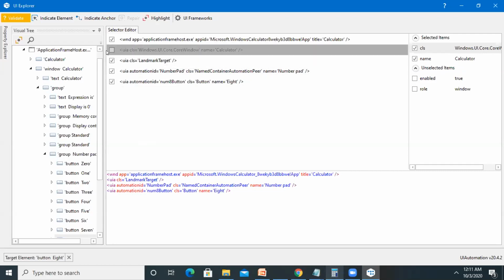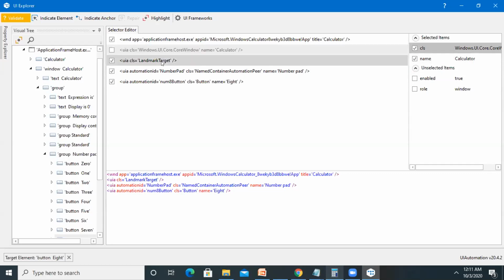So it was automatically not selected. If we want to remove any of the elements or attributes from here, we have to uncheck it. Just like if this is already checked, because of that the name is populating here as name Calculator. When I uncheck, that name goes away. The same thing happens for other components as well.